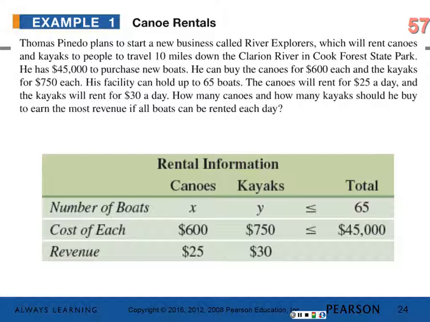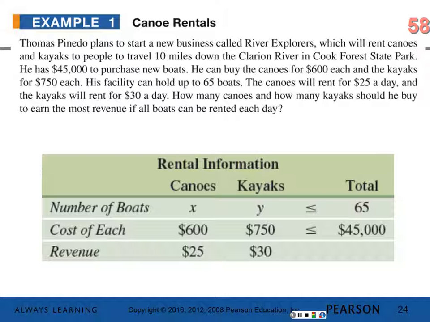The first thing you're going to want to do is set up a table like the one that's on your handout. The number of boats are going to be your variables. So canoes will be X and kayaks will be Y. And it says his facility can hold up to 65 boats, so the total can't be any more than 65, so that's equal to or less than 65. The cost is $600 to buy a canoe and $750 to buy kayaks. So 600 times X plus 750 times Y has to be equal to or less than $45,000